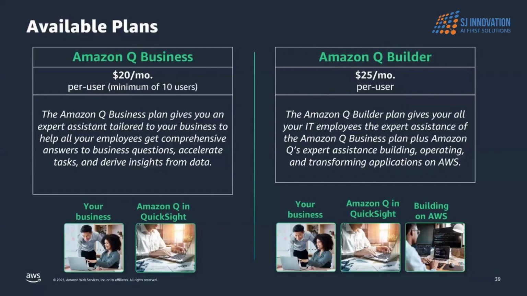But along with that, in Amazon Q Builder, you get a feature such that Amazon Q is able to assist you regarding your own AWS architecture. Many clients, because of faulty architecture that is not optimized, tend to pay 10 times or even 20 times more than what is actually needed. So Amazon Q Builder can help you optimize your own infrastructure. That can be a game changer really for clients.